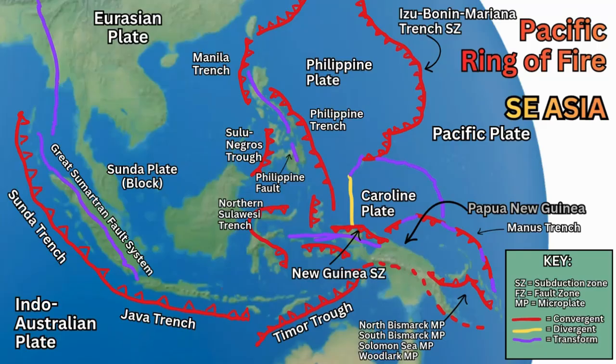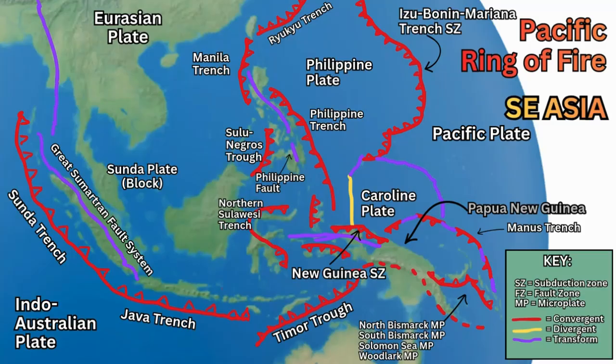the Izu-Bonin Trench, which extends up to Japan, and then further west between Japan and Taiwan, we have the Ryukyu Trench, named after the Ryukyu Islands, which are Japanese islands, and that extends down to Taiwan, where that also meets up with the Manila Trench, just to the west and north of Luzon, which is the northernmost island of the